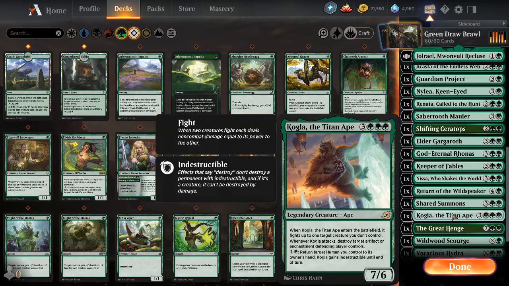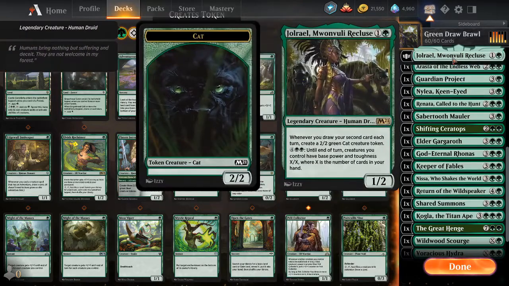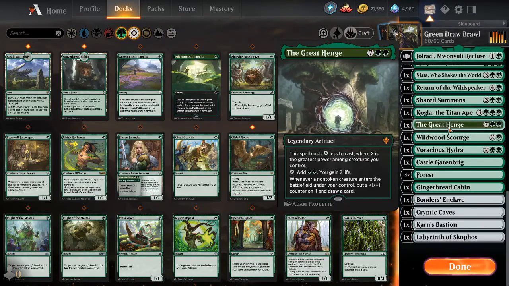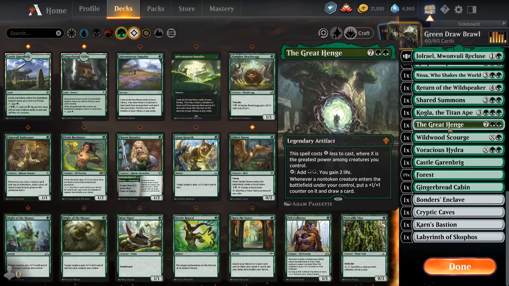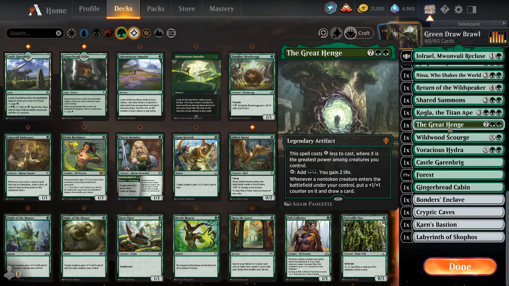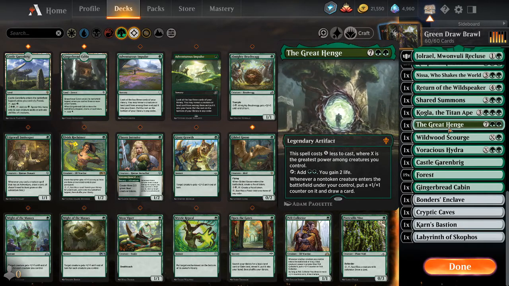Well, that ability only costs 2, and luckily our commander only costs 2, so she's really cheap to replay off of bouncing her with Kongala's ability. And then we run the Great Henge because it's not hard to make the Great Henge cost 4 or less mana. On top of which, it produces us mana,